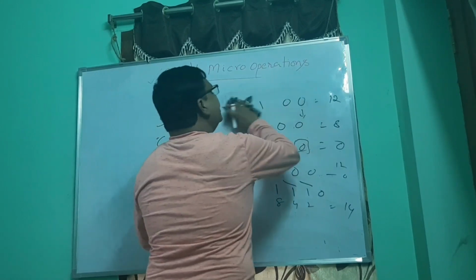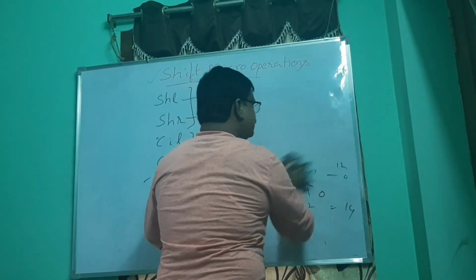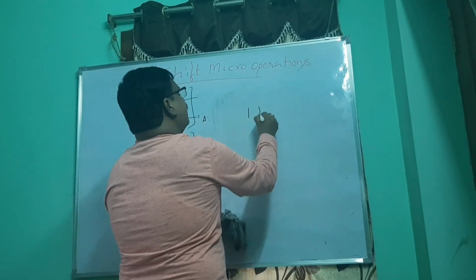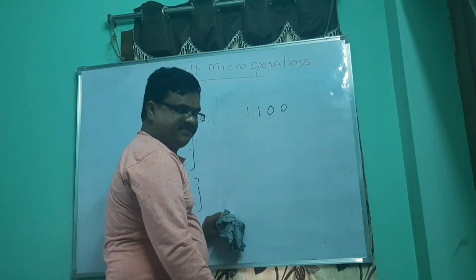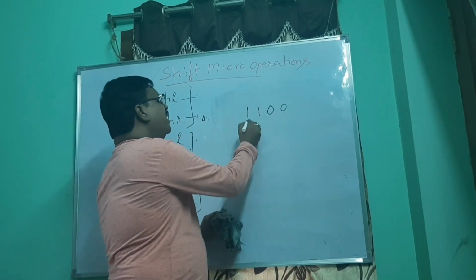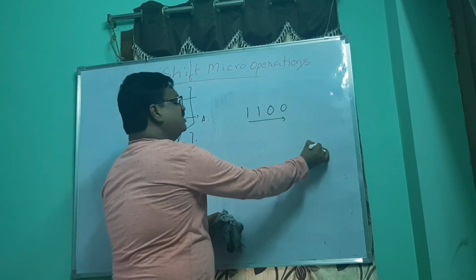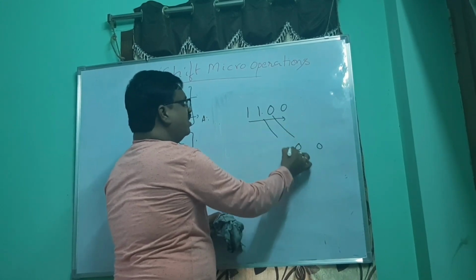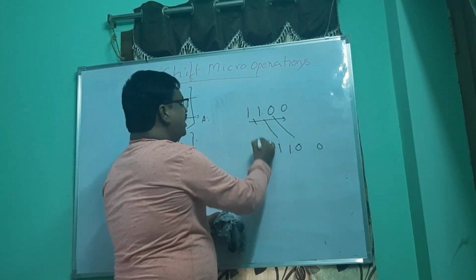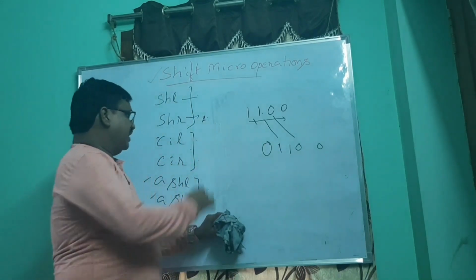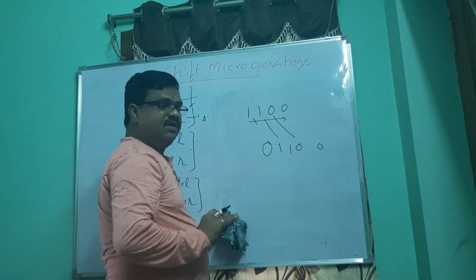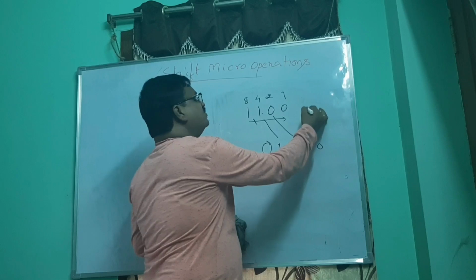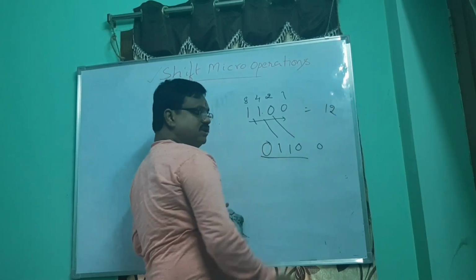Now we will see the same number with a simple normal shift left or normal shift right. 1, 1, 0, 0. If it is a normal shift, what will happen if you shift in this direction? This 0 will be discarded and a new 0 comes, 1, 1. In this place, as we told, in the normal shift a 0 will be placed. So this will be 8, this will be 4, this will be 2, this will be 1. So it is 12. Now you see the output.